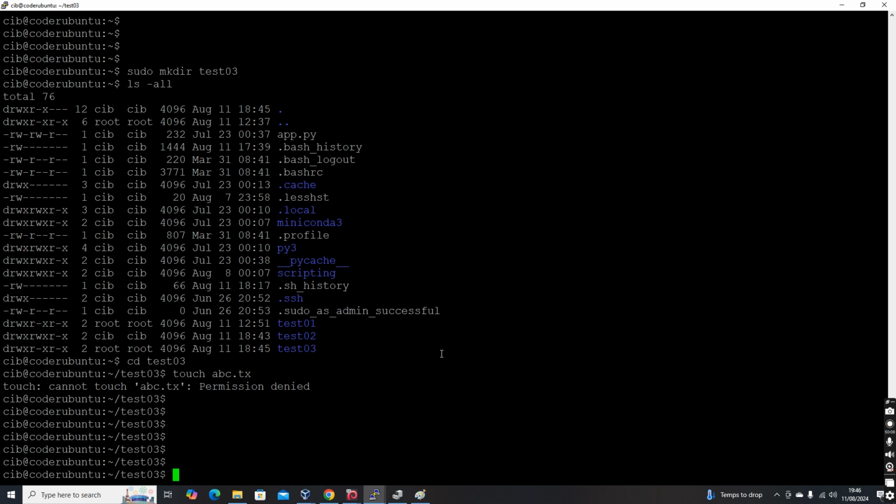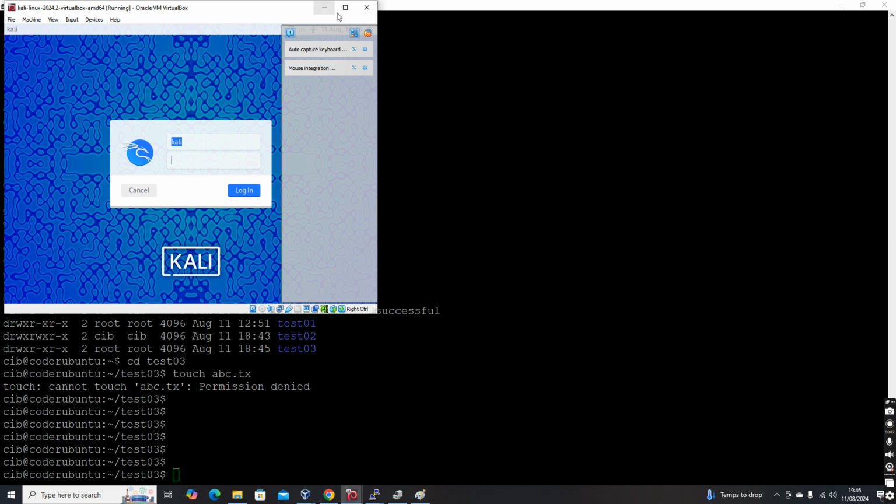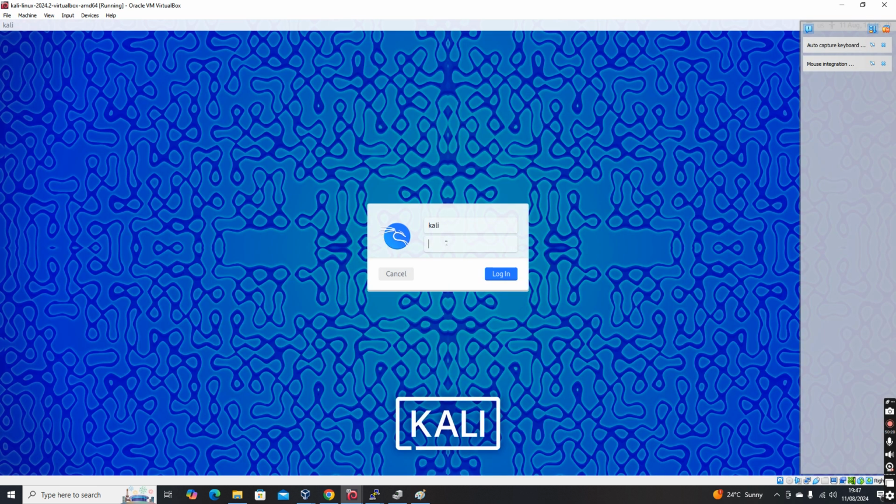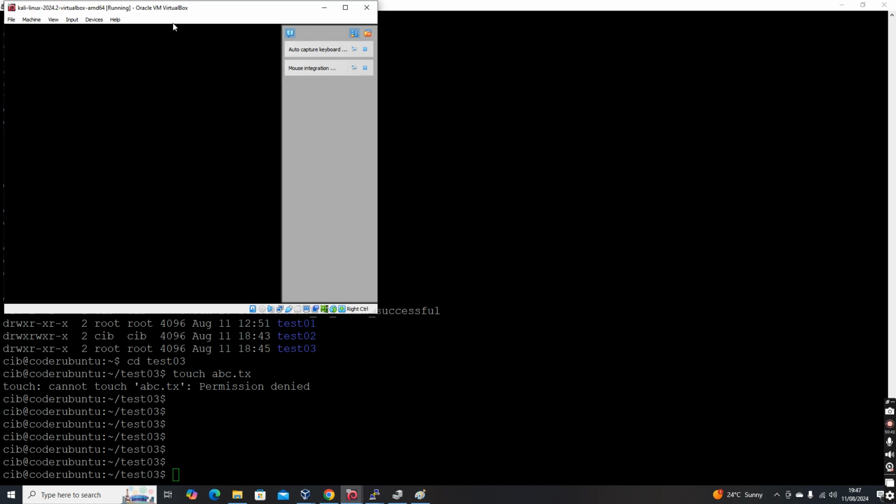One more thing I'll explain before I stop is SSH. I explained how to log into a machine. In case you have direct GUI access, you can enter the username and password directly using the GUI itself. This is a VM, so it is taking some time to load. But in case of machines with GUI, you will enter the username and password directly on the screen itself, and in that way you can get in.